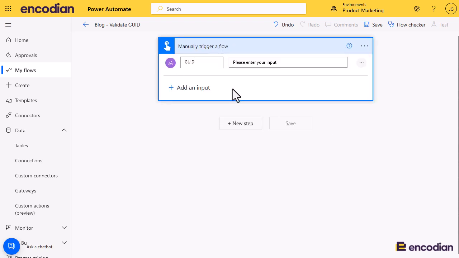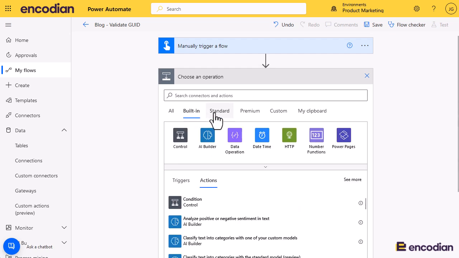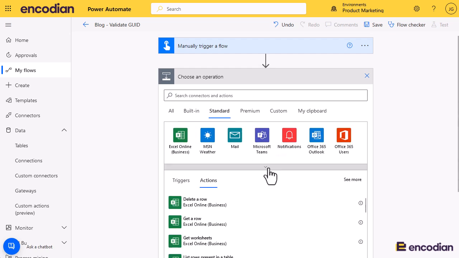I've got a manual trigger and I'm going to prompt the user on triggering the flow to provide a GUID value. So let's see, I want to obviously validate this value they pass in because it's a GUID. To do this, we will add the Encodian action. So we'll just bring up the Encodian connector